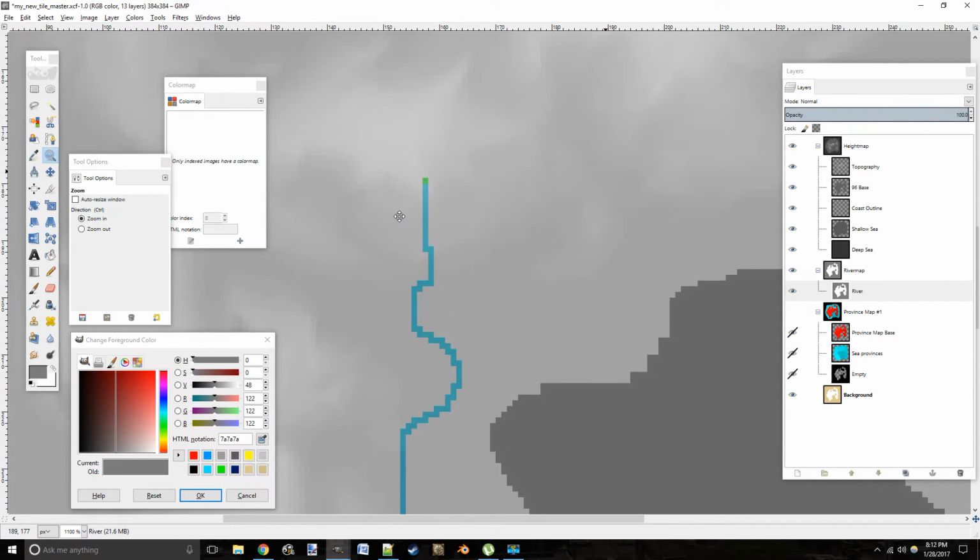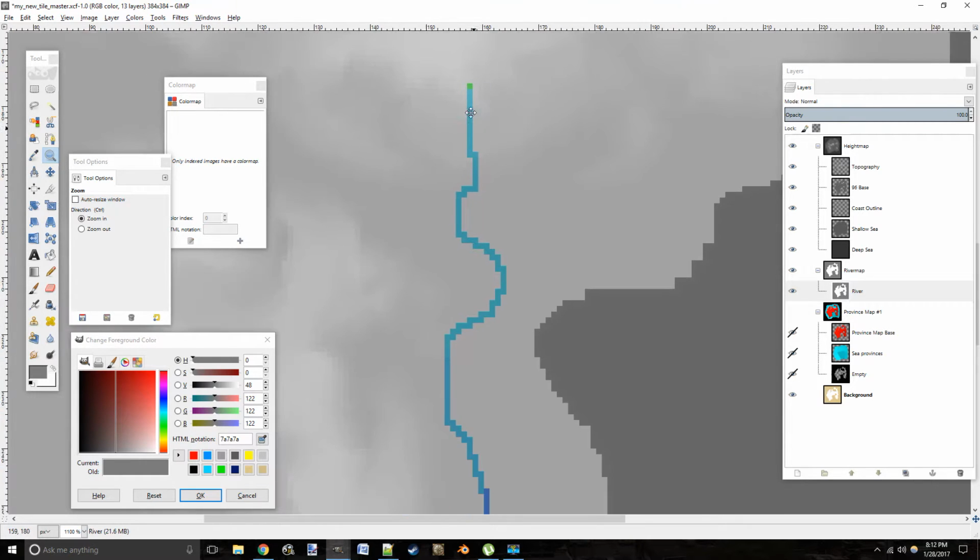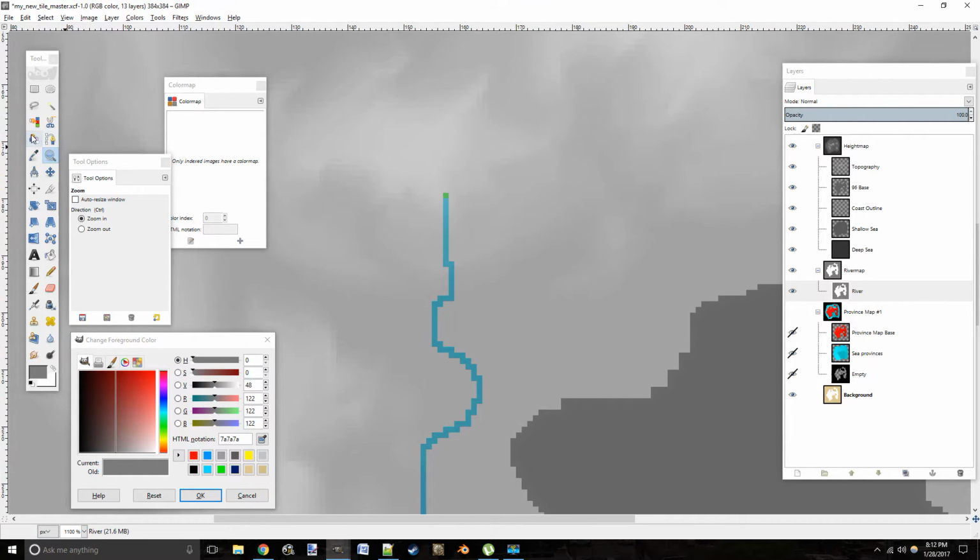So we're going to leave that one there as a template. Let's make one that makes sense first. We can double back to that one and delete it afterwards once we have all of our colors. So you might be tempted just to use this tool and start picking the color that we have. The reason you don't do that is because that picks the color exactly as you see it, which means darkened by our height map being over it. What you can do instead is use the eyedropper tool up here,